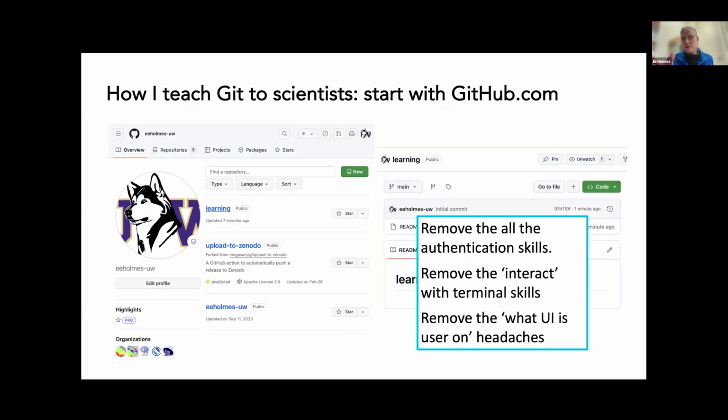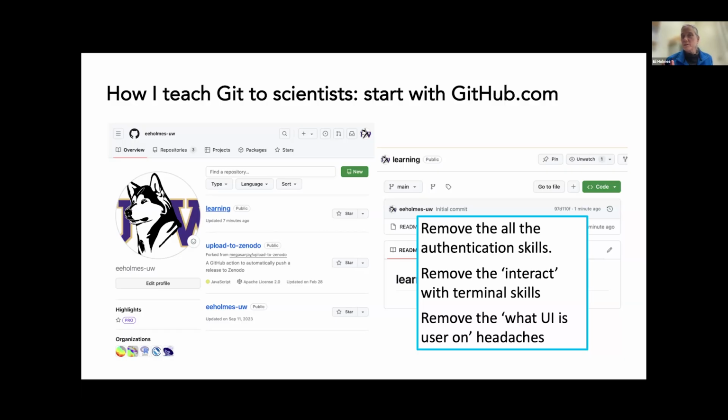Okay, so let's see a couple of concrete examples. I'm going to show you a notebook in a moment, but here I'm going to start with how I teach Git to scientists. So let's say I'm teaching Git to someone who's never used Git before. As someone who uses it all the time, I go onto the terminal and write little commands all the time. That's a super easy thing to me. But also, I've been programming all my life. I work from the terminal all the time. My learners,